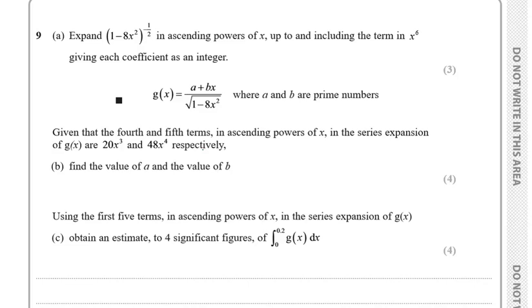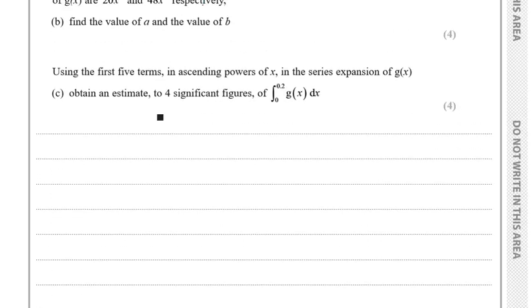This is question number 9 of October 23, paper 1. So, for part A, the question asks us to expand (1 minus 8x squared) to the power minus half in ascending powers of x up to and including the term in x to the power 6, giving its coefficient as an integer. So, for part A,